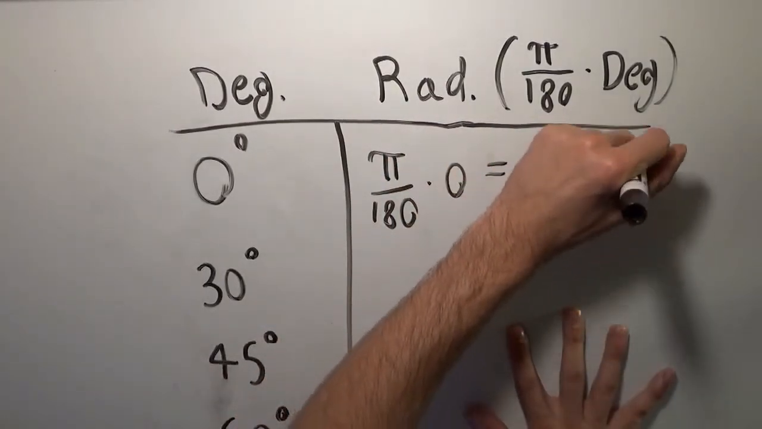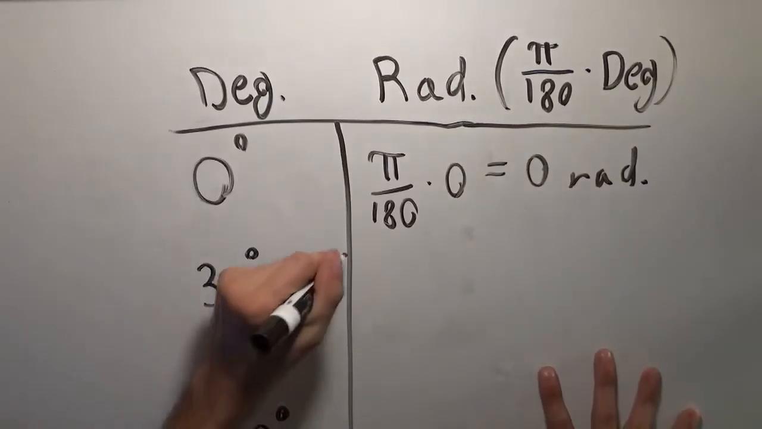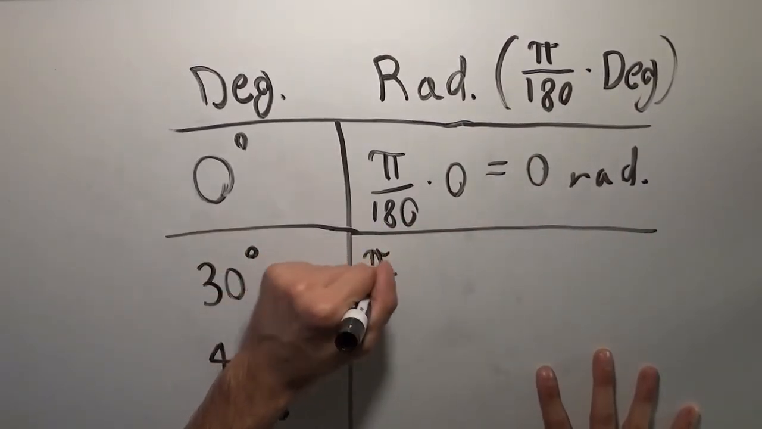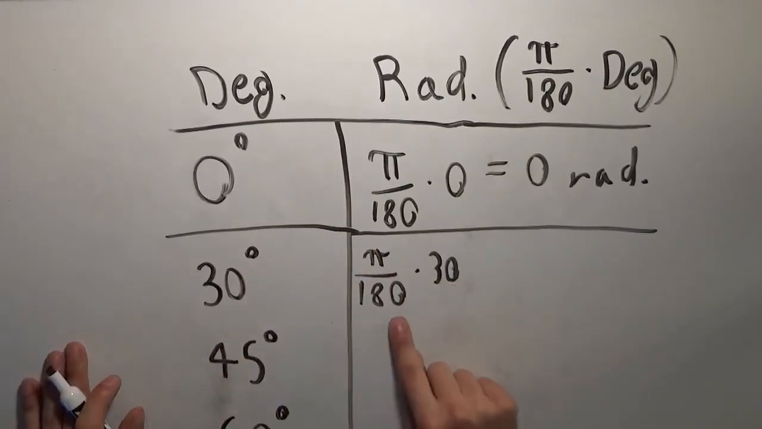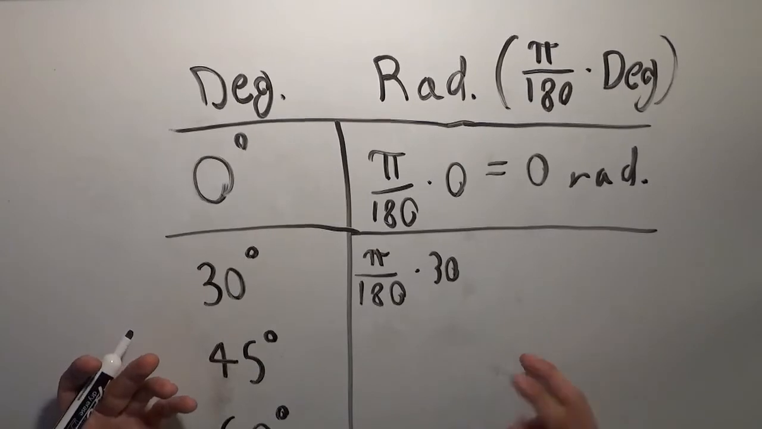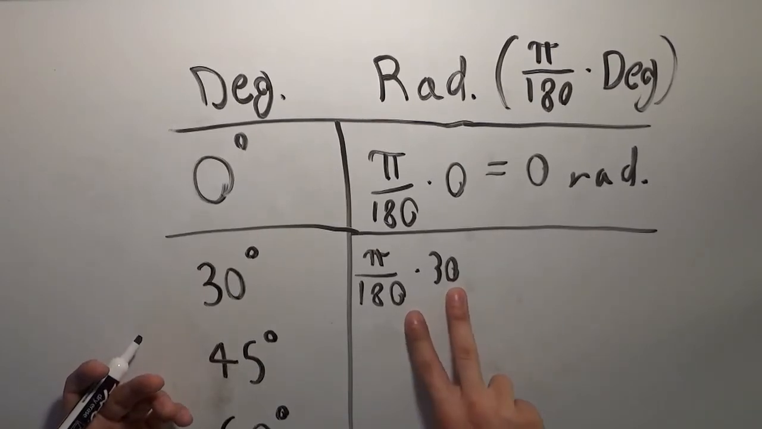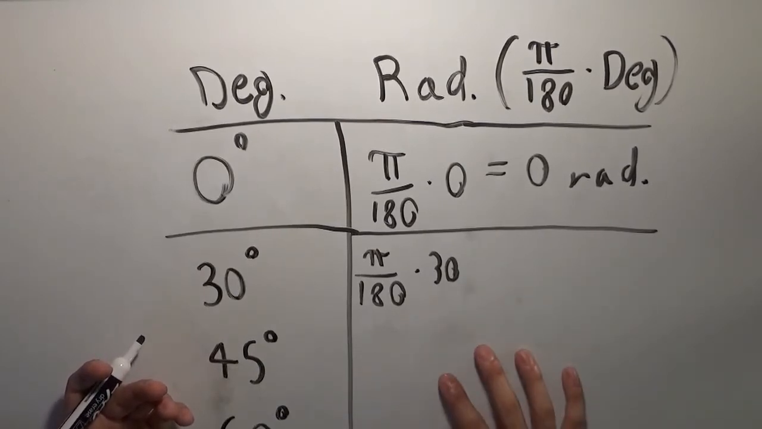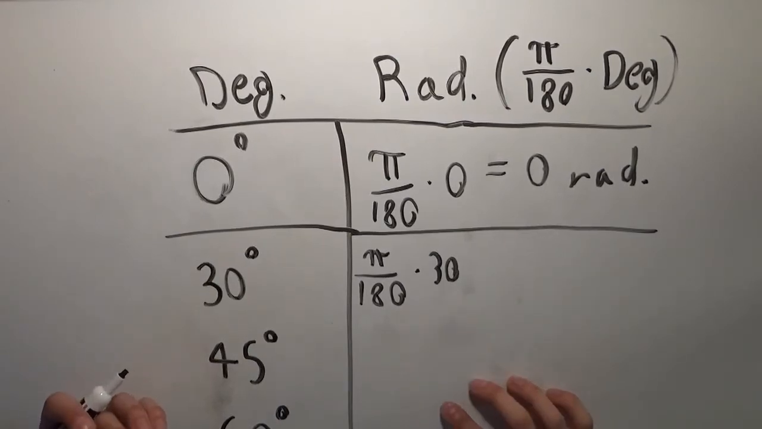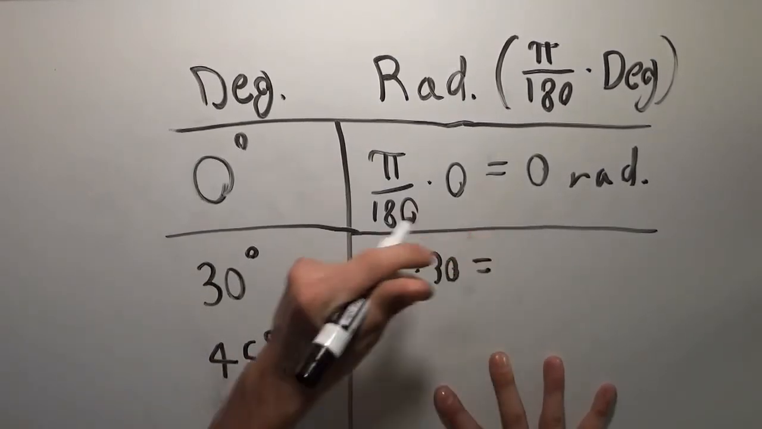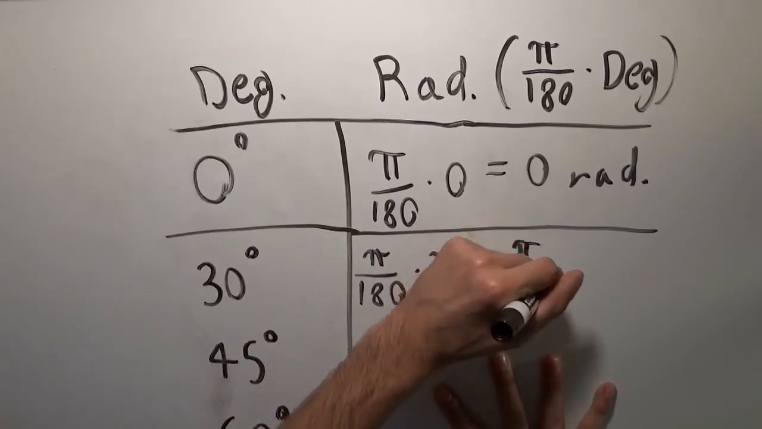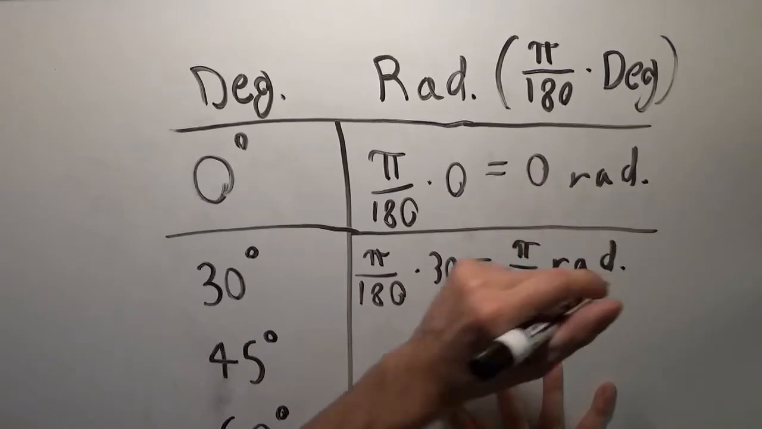That's not too difficult to believe, right? So 0 degrees is 0 radians. 30 degrees times pi over 180. Well, 30 divided by 180 is going to be the same thing as 3 divided by 18, right? Because they both share a factor of 10. And 3 goes into 18 6 times. So 30 divided by 180 is going to be the same thing as 1 divided by 6. So the factor of pi comes along for the ride, and we're left with pi divided by 6 radians,